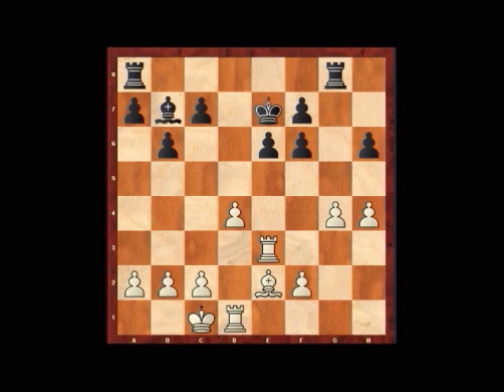And the position looks to be just about equal. At this point, black could have stayed solid with something along the lines of rook a to d8, but instead he went for a pawn sacrifice that was incredibly dubious with h5. And although this move looks logical and opens up the g file for the rook, what it does is it gives up the pawn, and it's up to Salgado Lopez to be able to justify the pawn sacrifice in the